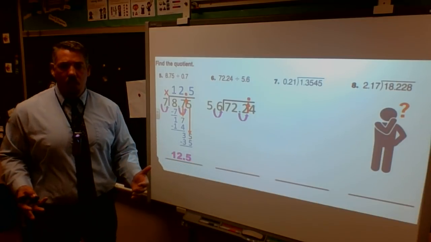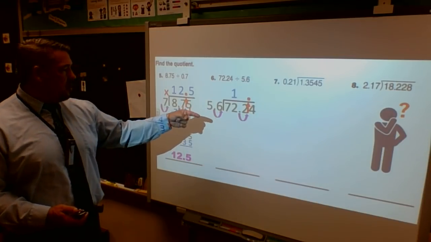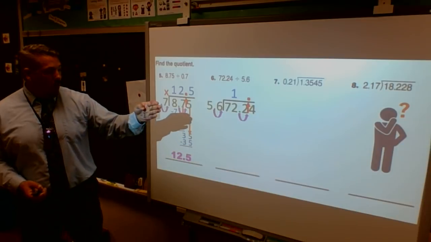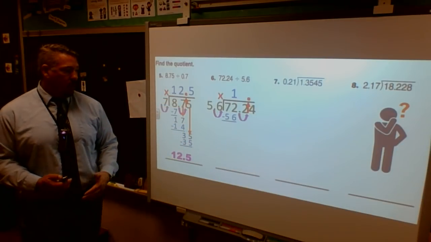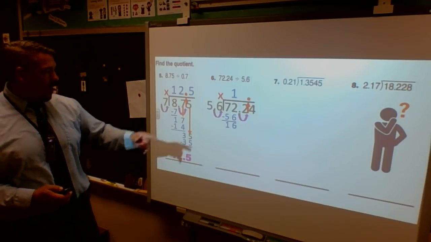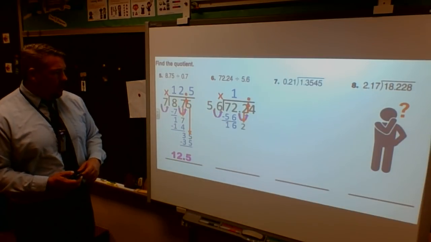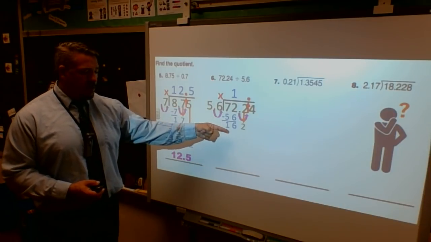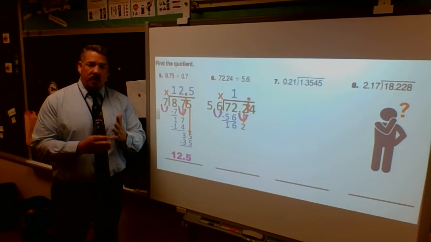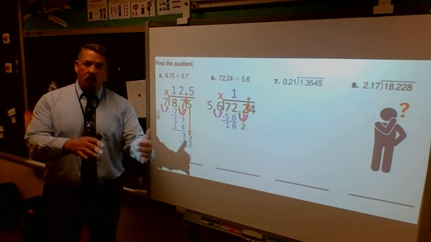It doesn't change my math problem at all. 56 goes into 72 1 time. 1 times 56 is 56. When I subtract those, I get a remainder of 16. I bring down my 2. Well, when I think about 15 going into 16, I could get 3, but that's going to take me over